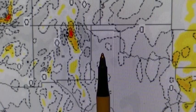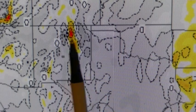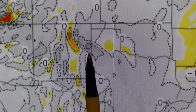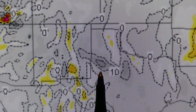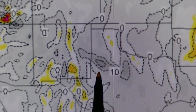And here it is, 13 Zulu, this is the beginning of it. We actually see falling air on both sides of this low pressure here. And here's the real beginning of this. 15 Zulu, so this is matching now what we saw on the water vapor map. 17 Zulu, here it is. This is it. And 17 Zulu is about, what is that, about,